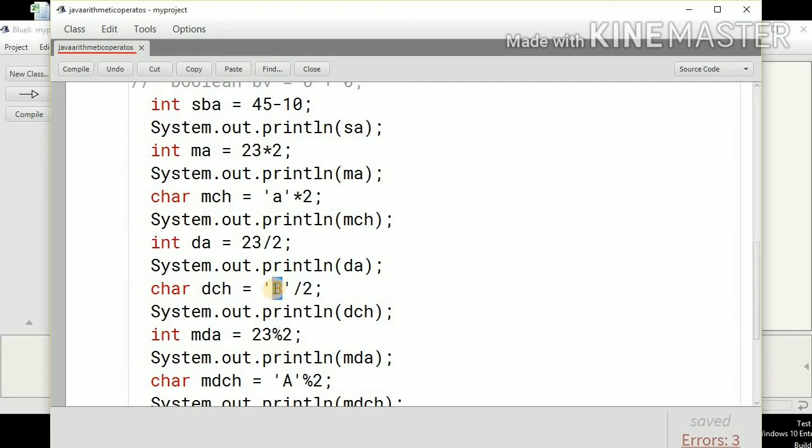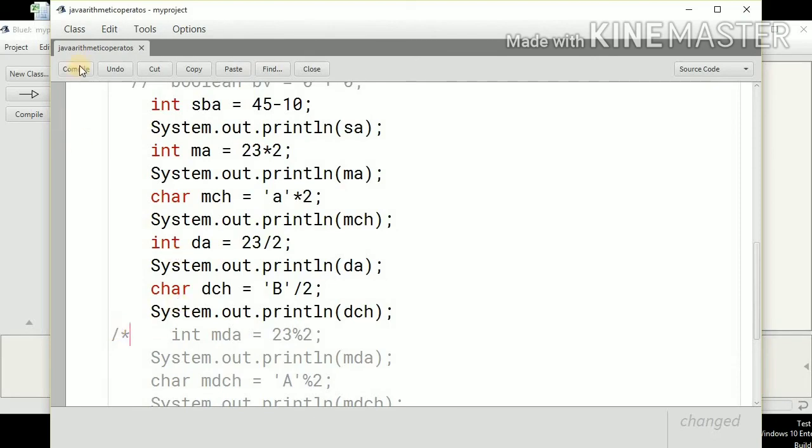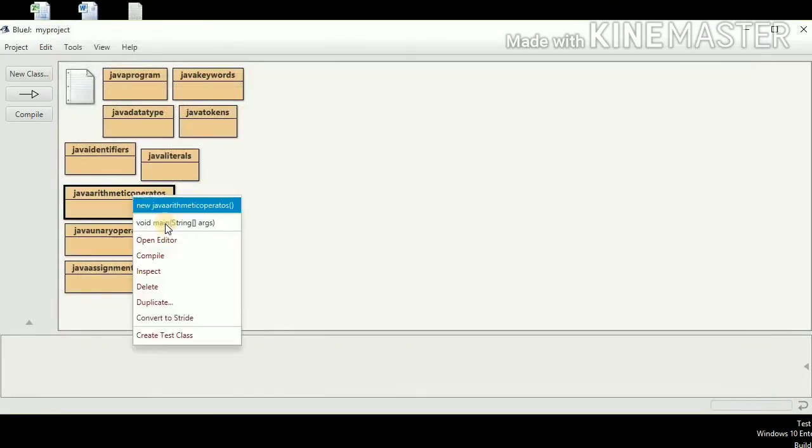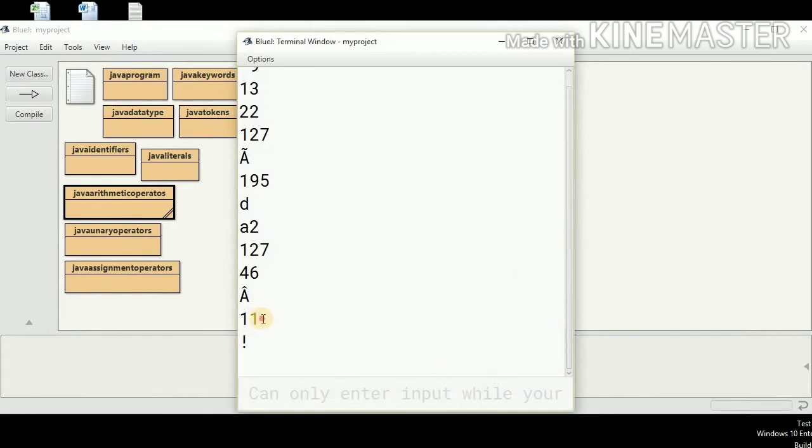The ASCII code of capital B is 66. So 66 will be divided by 2 and the quotient, that has to be 33, will be printed here. So let's see the output of these. You can see this is 11 and yes, 33, the character at position 33, the ASCII code of 33. This is a NOT operator. 32 is a space and 33 is a NOT operator. You can refer to the ASCII code schemes.